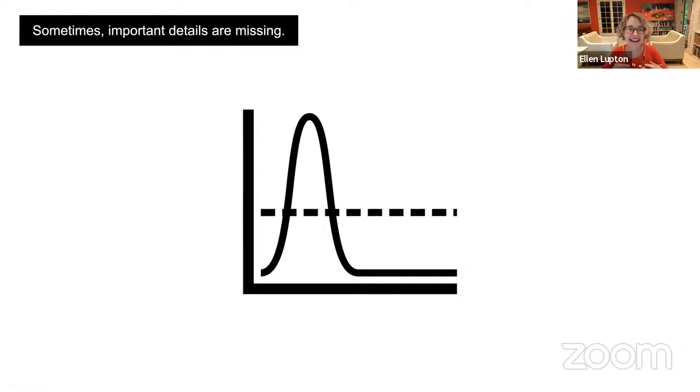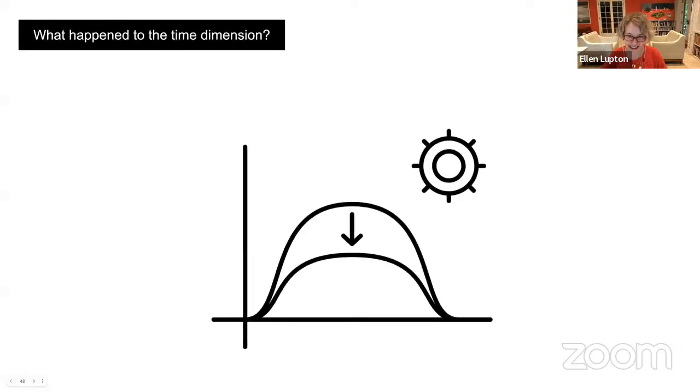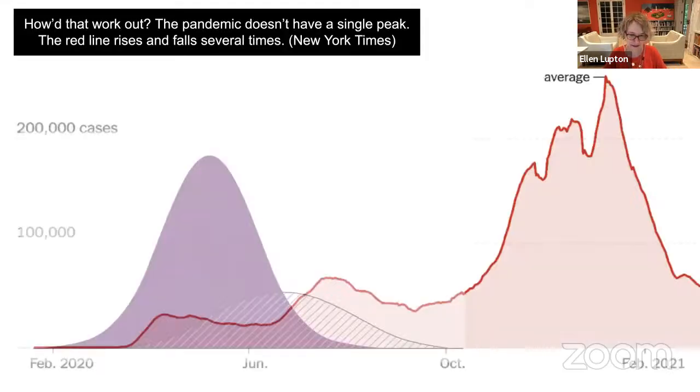In this one, the second curve has been omitted, right? So sometimes in the desire to simplify data, we actually make it not mean anything. In this one, the element of time has been eliminated, right? So the purpose of Flatten the Curve is actually to stretch out the time of that epidemic peak. And here they're simply collapsed into the same space with a virus kind of as a setting sun.